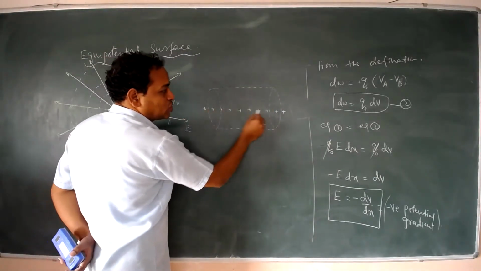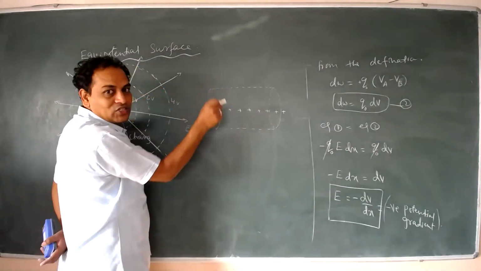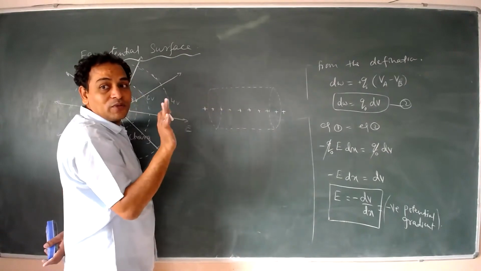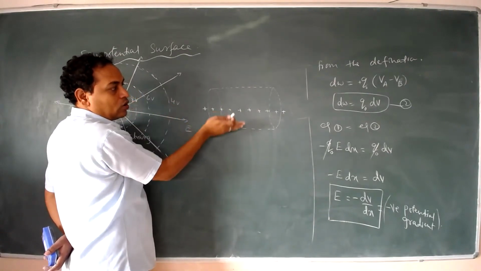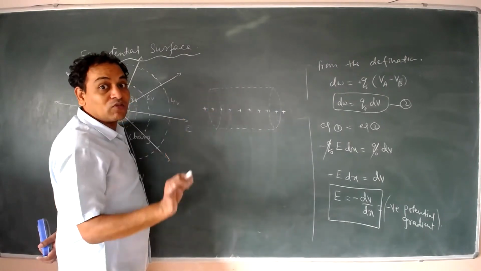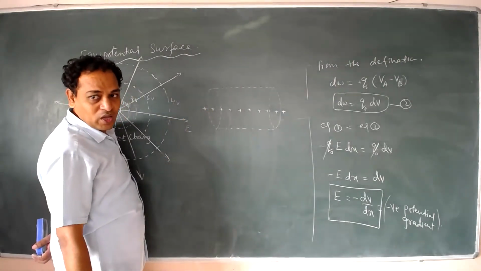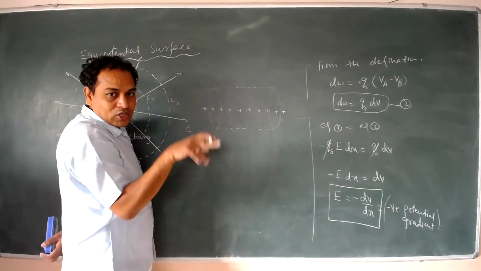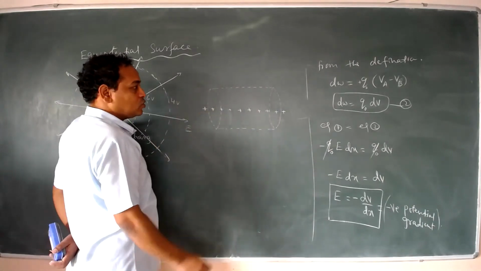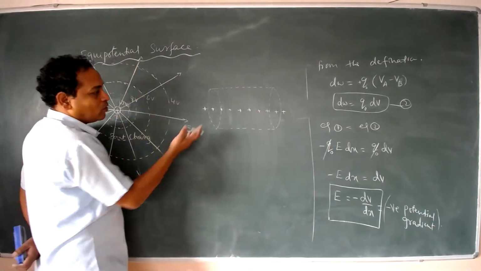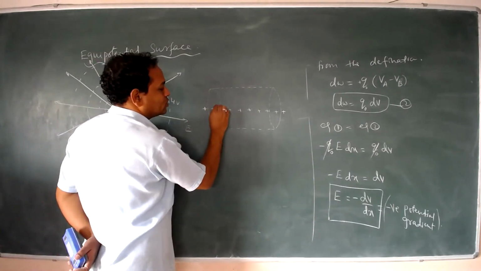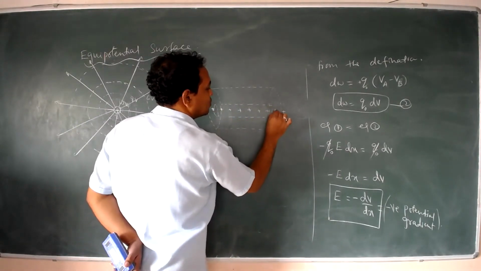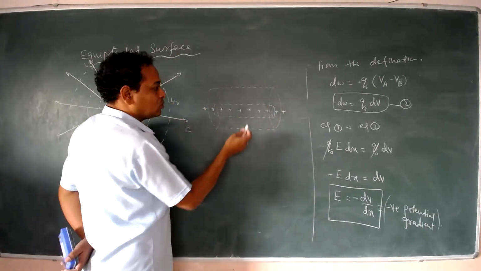That means due to this charge, on this cylinder, this is like a cylinder only. On this cylindrical curved surface, the potential will be the same. So this curved surface is called what? Equipotential surface only. This is for a line charge. The equipotential surface is like this, like a circle. Similarly, we can draw many of these. If I take a smaller one like this, then this is the equipotential surface. You can draw like this also.